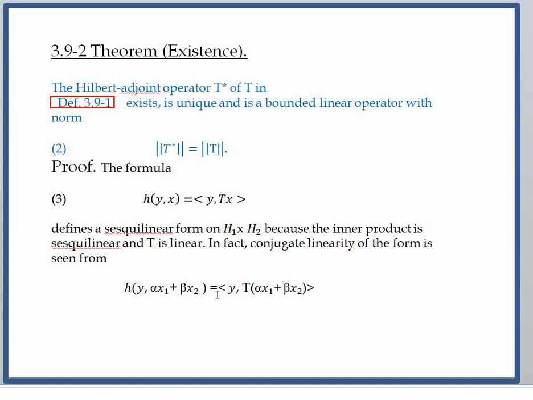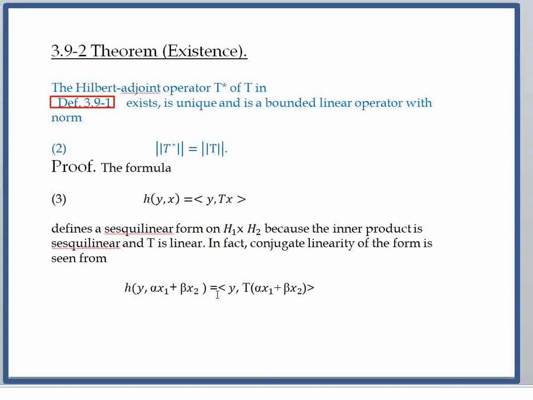Every Hilbert space has a Hilbert adjoint operator. Here T maps from H1 to H2 and is a bounded and linear operator. So for T, there exists a T* in Hilbert space